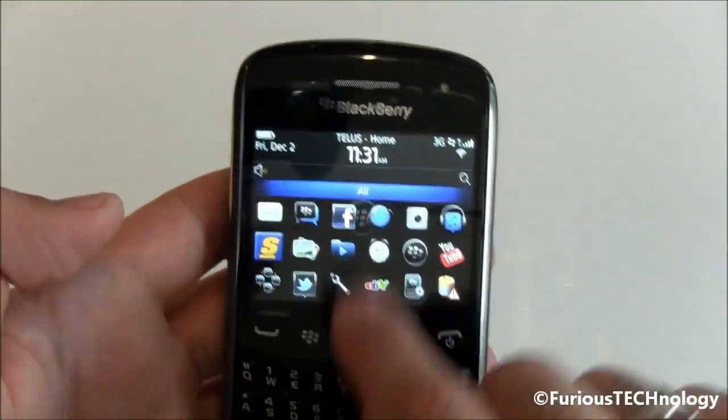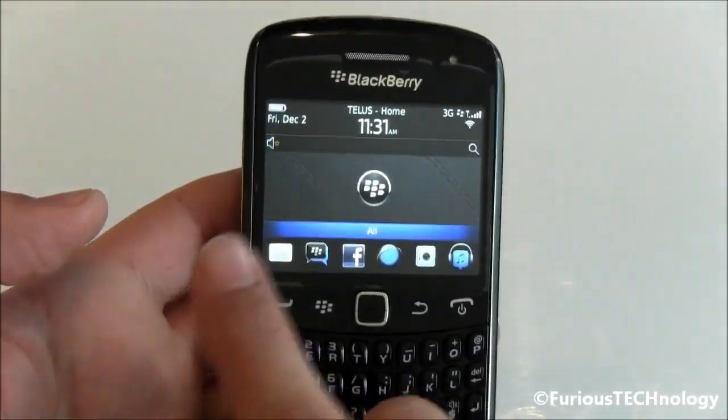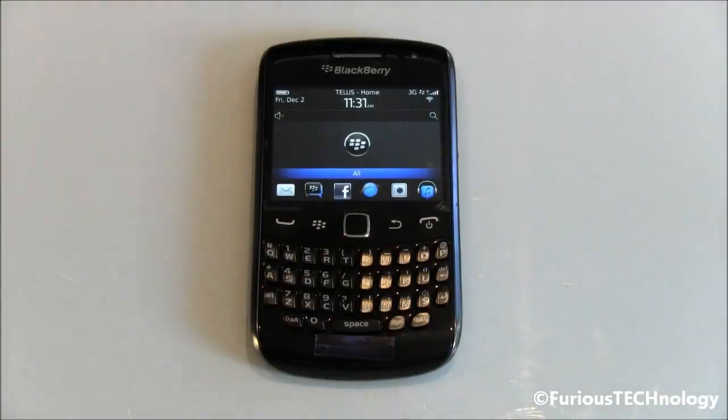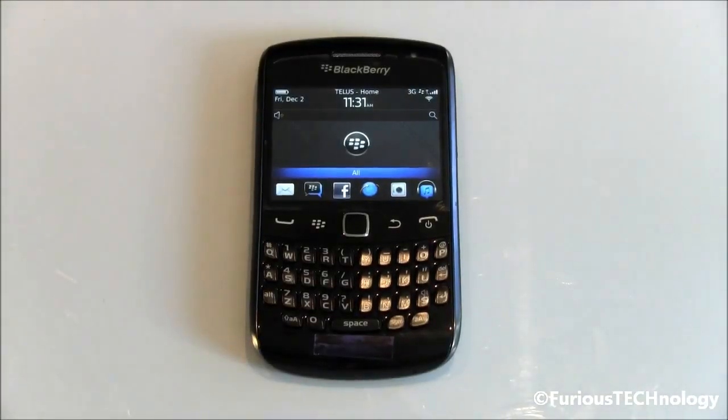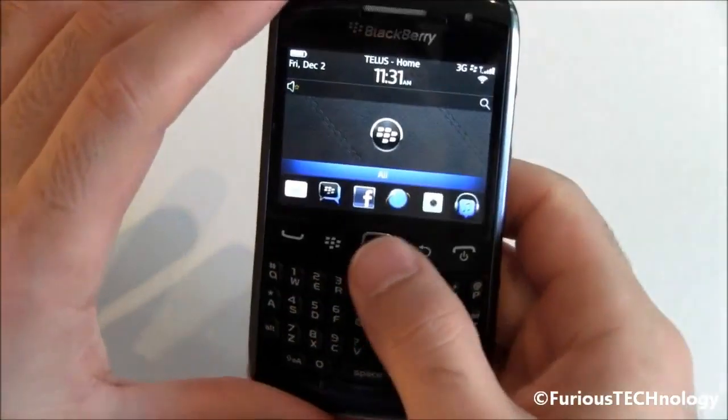It's strictly just my all, which is what I like to have. I like to keep it simple. I don't like having all those side scrolling things that did kind of annoy me a little bit. So this phone was definitely made to be your social networking device, and it does have full integration of Facebook